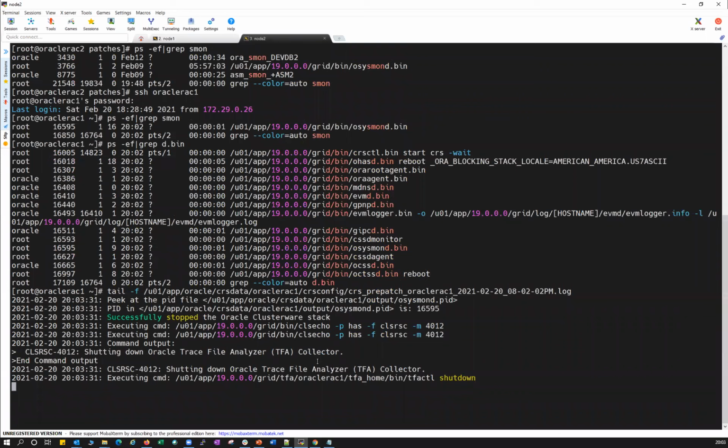I'll answer that question. Give me a second. Let's wait. Any questions so far? Any concerns, doubts? It will shut down your TFA. That's why I just tailed this particular log file. It'll give you the answer. I think this will go a little longer, because patching is always time consuming.